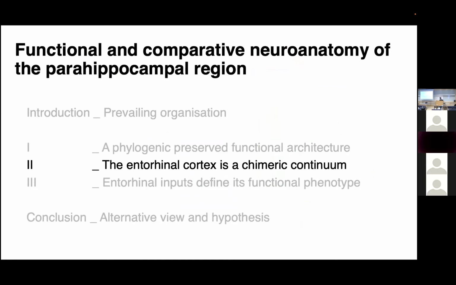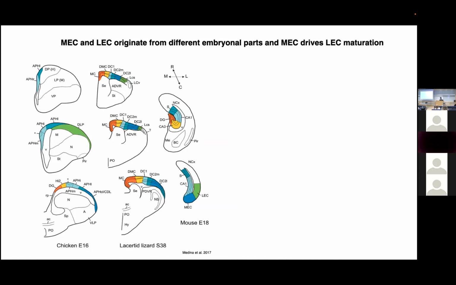Then I will turn to part 2. What is not talked about too often, I think, but is a very interesting finding, is that if you look back to older species, such as lizards, sauropsids, basically lizards, fish, you can see that not only do they have a homologous structure to the hippocampal formation, but they also have a homologous structure to the entorhinal cortex. And these structures can give us information about where they arise.